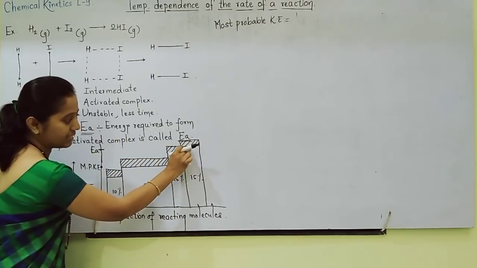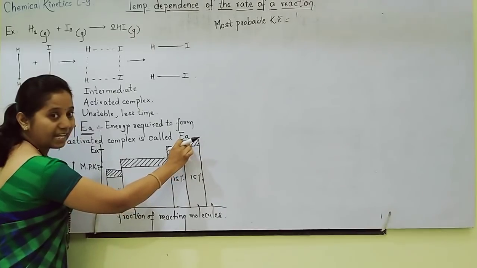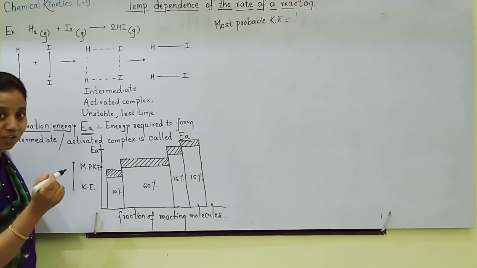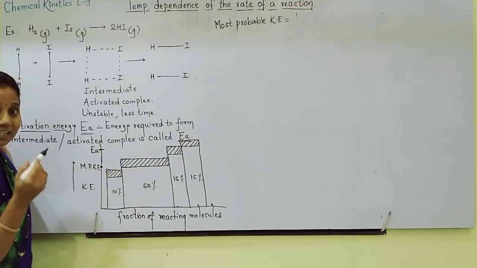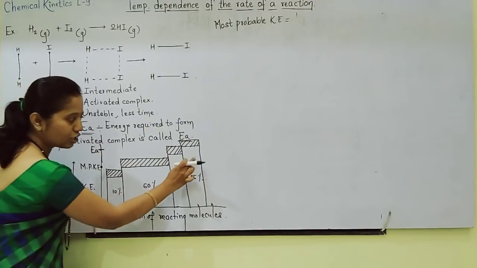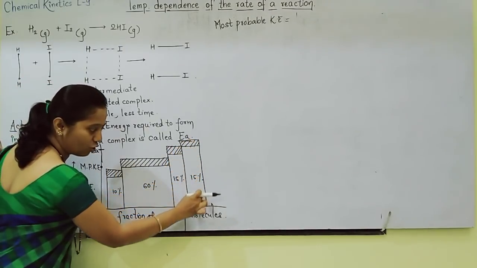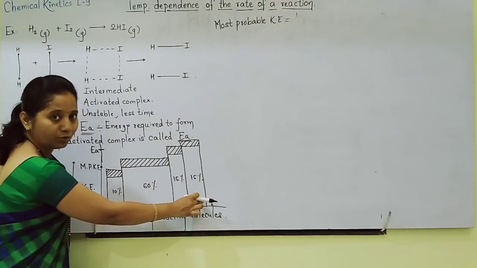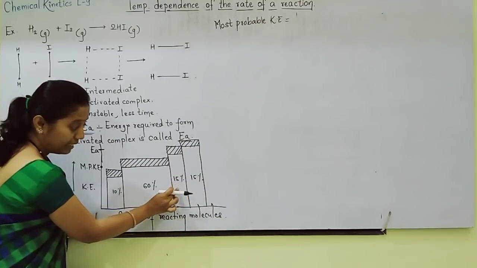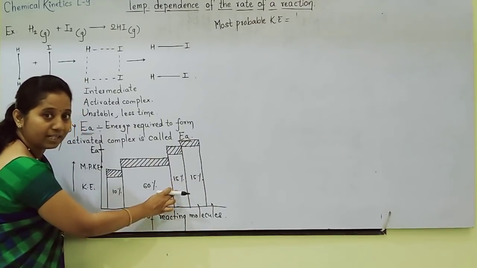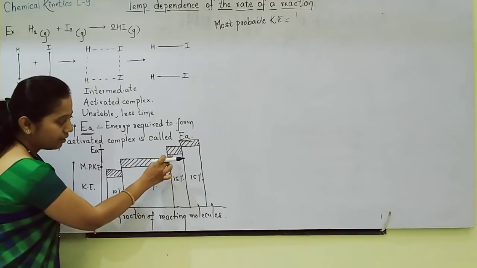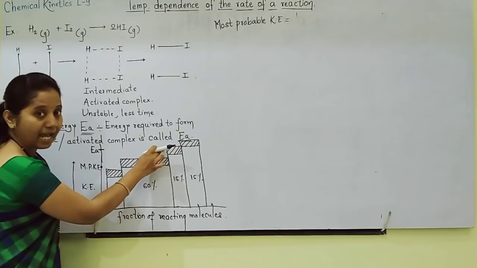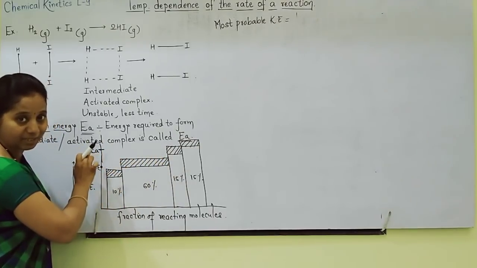And this 15% kinetic energy increase became more than activation energy. So what can you say, students, now? Which reactants will get converted into products now? Initially, only this last column of reactants was getting converted into products because their kinetic energy was equal to activation energy. Now this column of reacting molecules will also get converted into products, because by rising temperature their kinetic energy has increased and has become equal to activation energy.